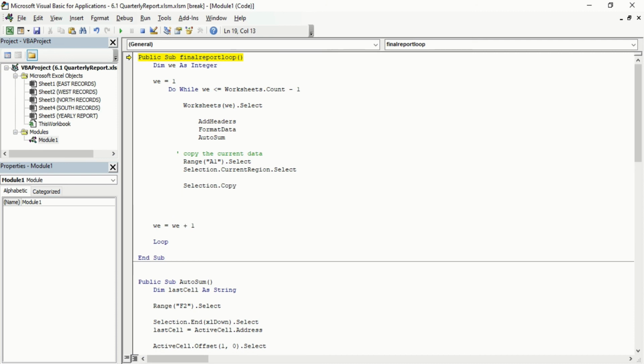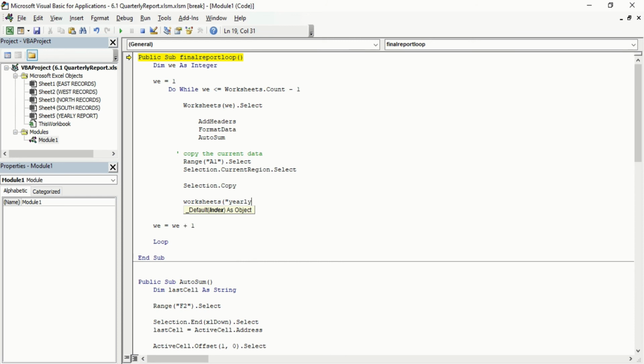After that, everything in the region has been selected and we copied it. Now we will paste on the final report. So Worksheets, open the bracket, yearly report.